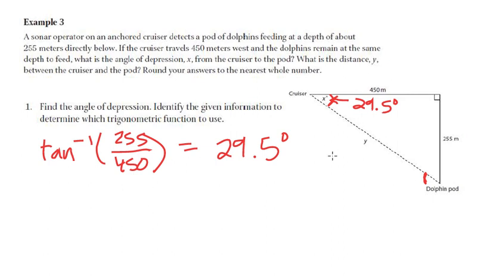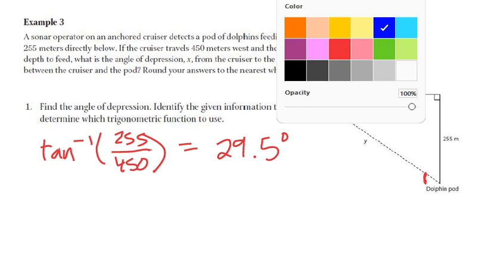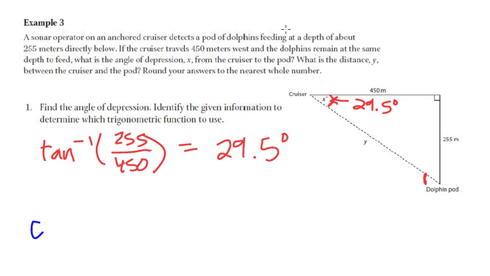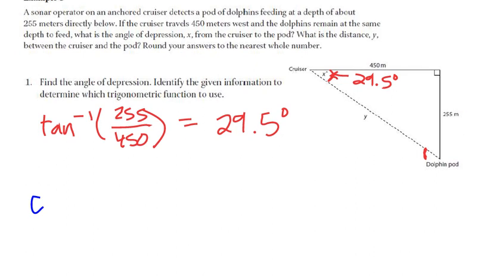So I'm just going to use cosine because we haven't used cosine in a while. So I know if I'm using the cosine there, I know that the angle is 29.5. So the cosine of 29.5 is going to be equal to the adjacent over the hypotenuse. That would be,